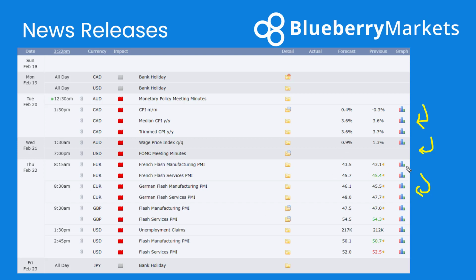So definitely more towards the end of the week we're going to see this high impact data ramp up a little bit. Volatility should be fairly high this week considering we've got high impact data throughout the majority of the week. Maybe a little bit slow on Monday considering we've got bank holidays in the US and Canada, so the afternoon session may be a little bit lacking of volatility.